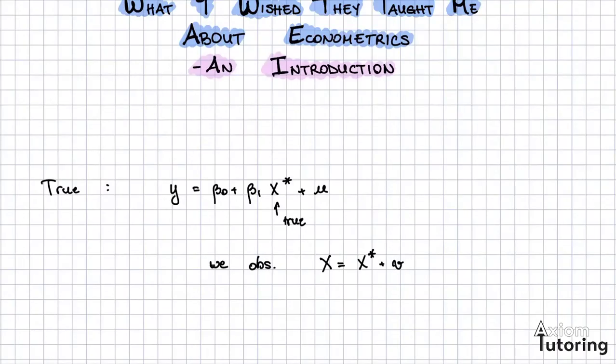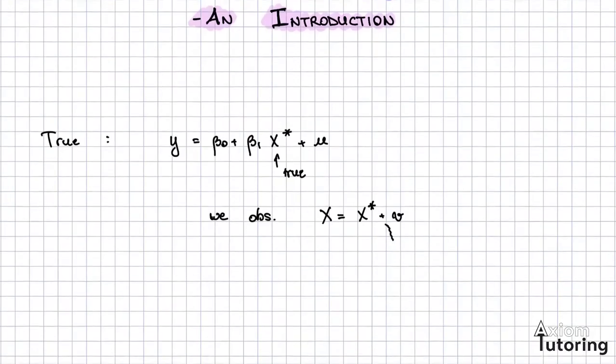It's random, mean zero, and uncorrelated with x star and u. So I'm just going to write this in here. The covariance between x star and u is 0, and the covariance between x star and v is 0, and also the covariance between u and v is 0. So the regressor itself is measured with error. Everything else, the y and the u, is exactly as it should be, so only x is the one that is